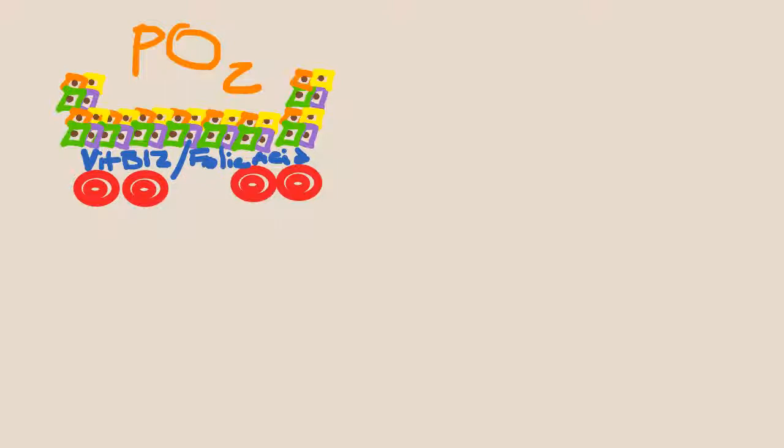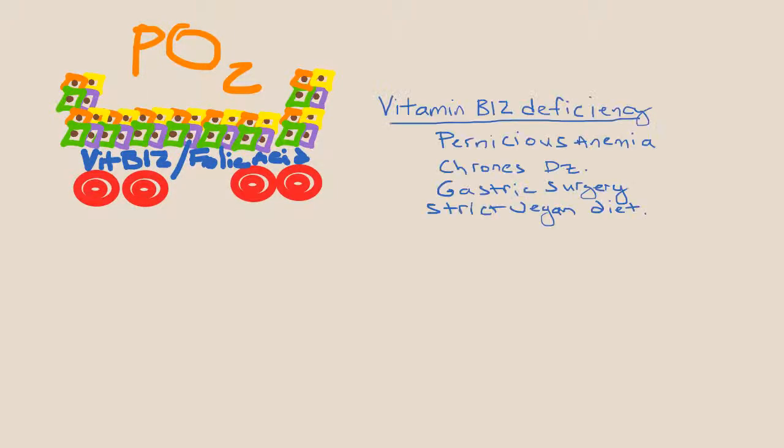So looking at the analogy of a red blood cell and its components being a cart on a train, when we talk about vitamin B12 deficiency, we have a problem with the structure. You're still able to build the red blood cell, but the structure is incorrect. Some of the things that can cause pernicious anemia mainly are the absorption of B12. Pernicious anemia, we'll talk about that on the next slide. Crohn's disease, gastric surgery, you're eliminating the ability to absorb the vitamin B12, or even strict vegans can